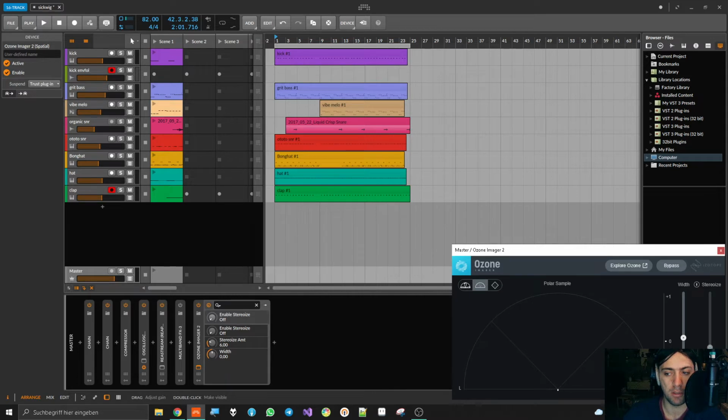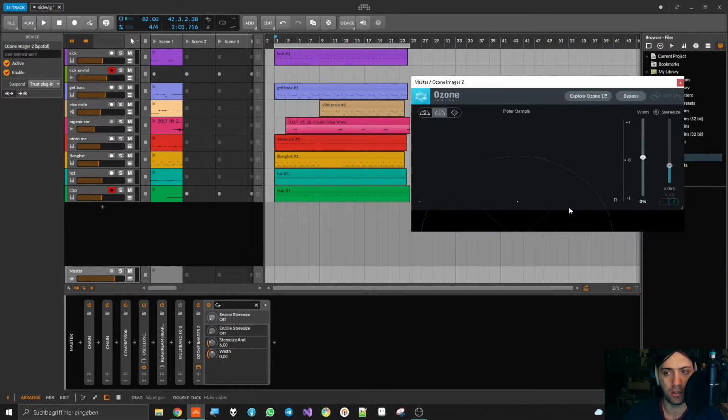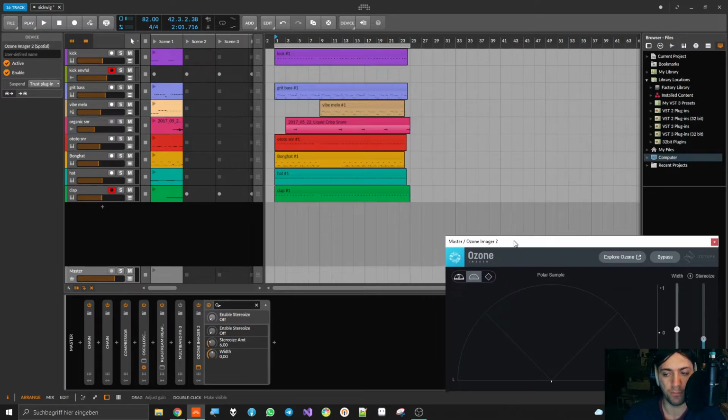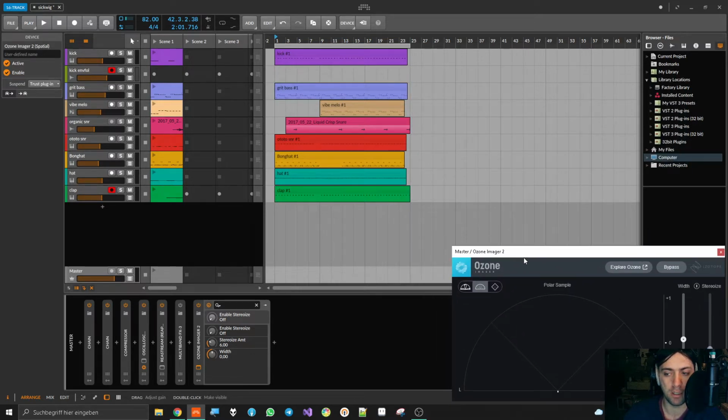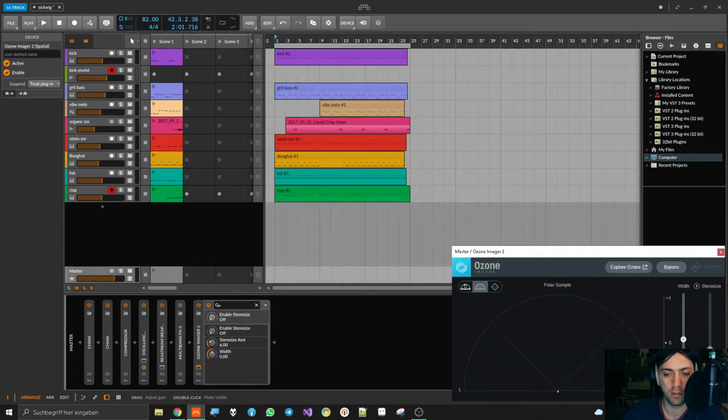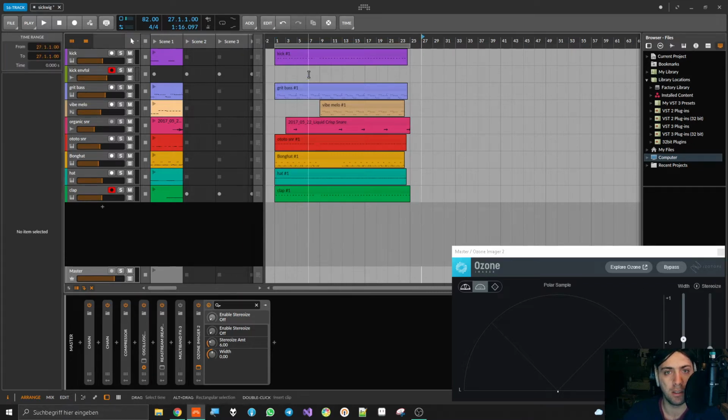Can I make it a bit smaller maybe? No, it can only be made bigger. Well then, that's a bit unfortunate in my opinion. I would like to have this a bit smaller. Interesting, I cannot drag it any more into this corner. It actually snaps. Is that a Bitwig thing? It's kind of cool, but it's kind of confusing as well. Anyway,